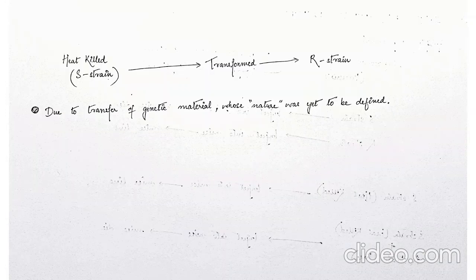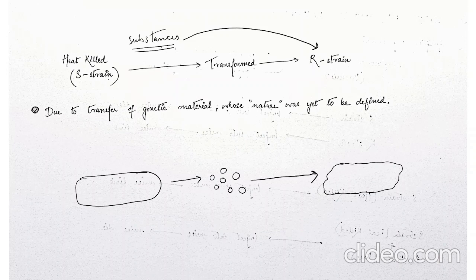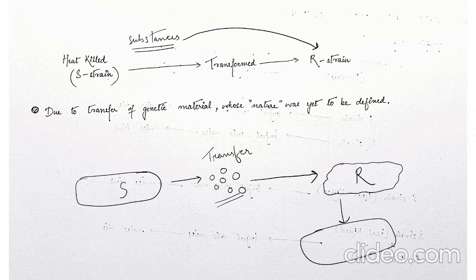They wanted to study what substances were causing the transformation of R into S. For example, if this is the S strain of bacteria and this is the R strain, there is an exchange of certain substances from the S strain to the R strain, and after the transfer, this R is getting